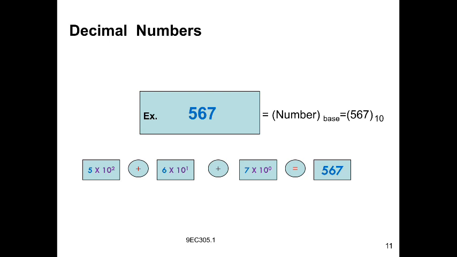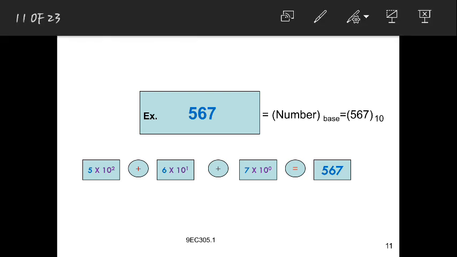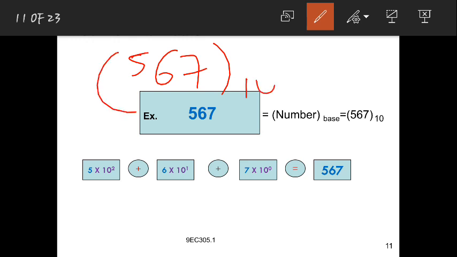Now this is one example of a decimal number which he has taken, that is 567. This 567 is an integer part. How will I know whether this is a decimal number or a binary, octal or hexadecimal number? Generally while writing this number in the question, they need to mention the base 10. To the base 10 means this is a decimal number. So we need to convert that decimal number into binary. That is the thing we will learn in the further slides.